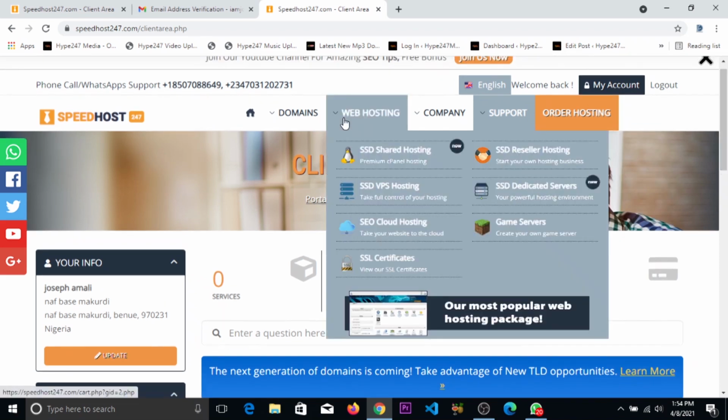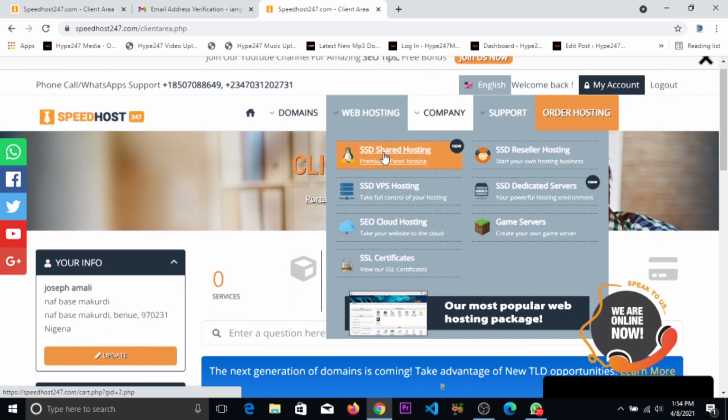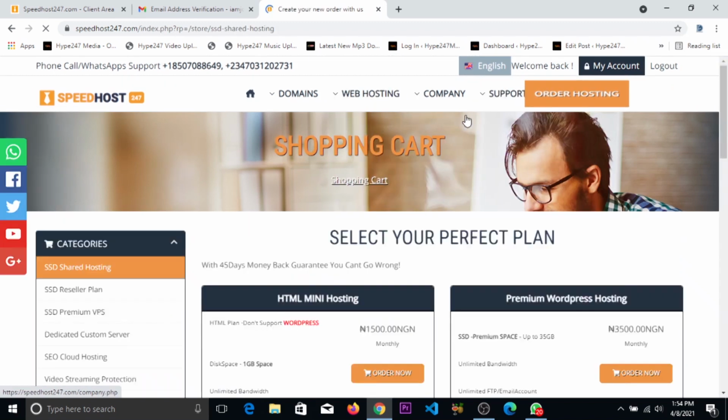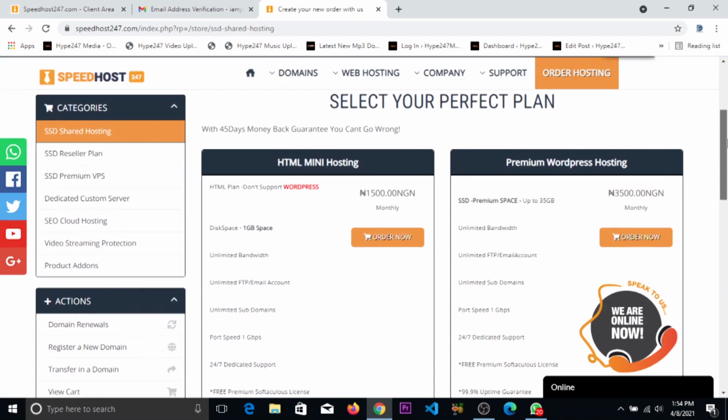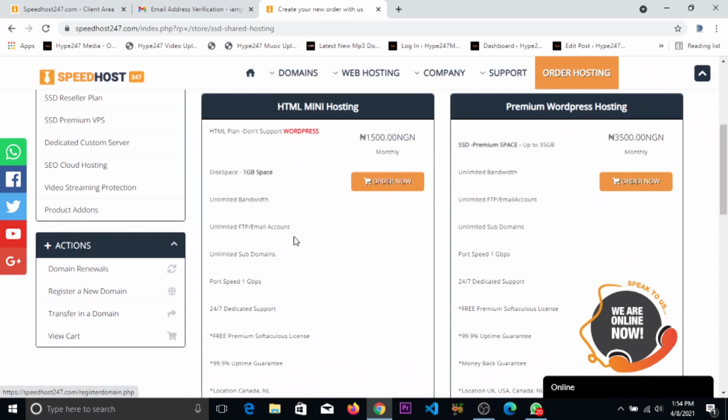So I'll click on web hosting, SSD, shared hosting. That's what we are purchasing for this tutorial. As you can see, there are different plans. We have the HTML mini hosting and the premium WordPress hosting. This is the one